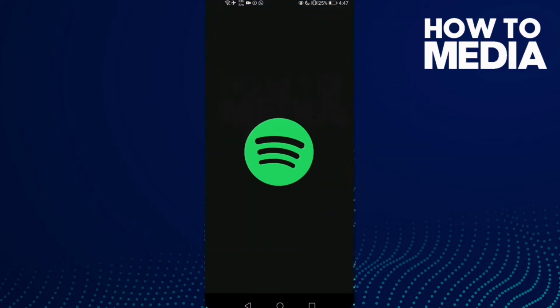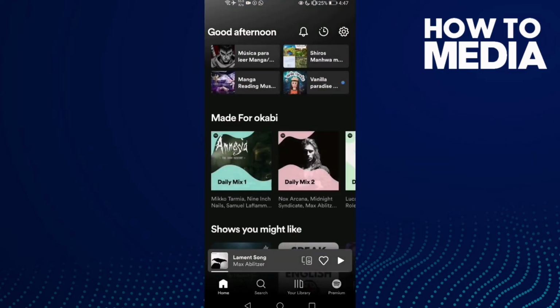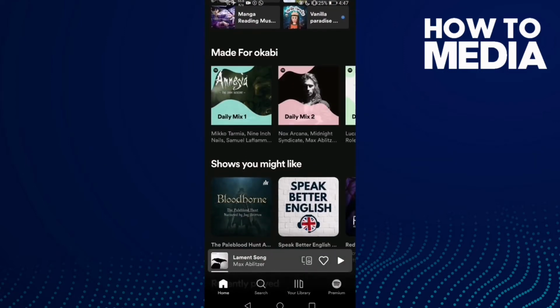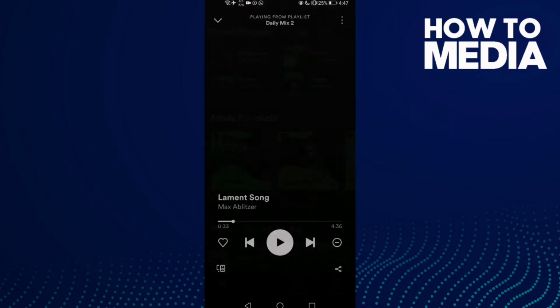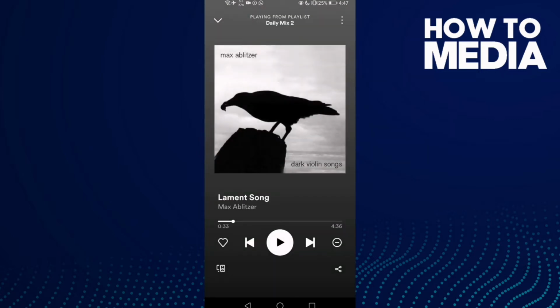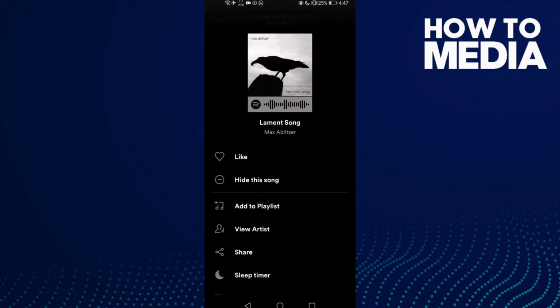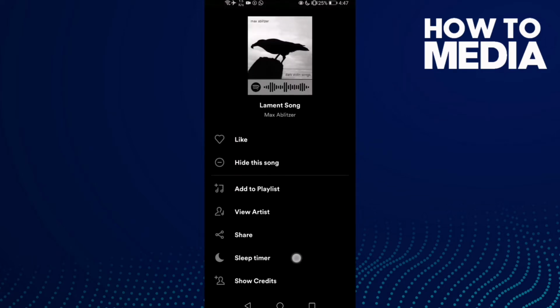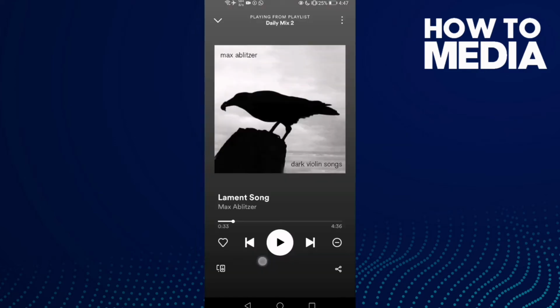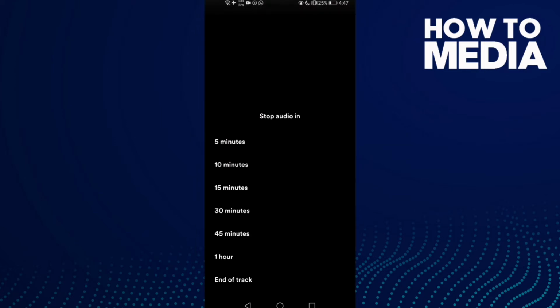First go to Spotify and then click any song you want, like this one, and then click here in top corner, click on it, and now click this one, sleep timer, click on it, and then select anything you want, 5 minutes, 10, 50,